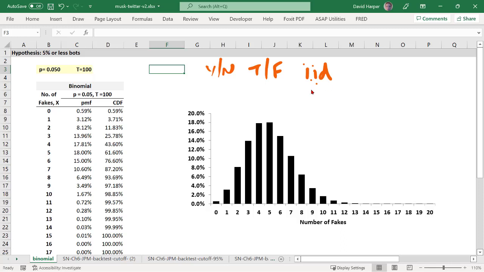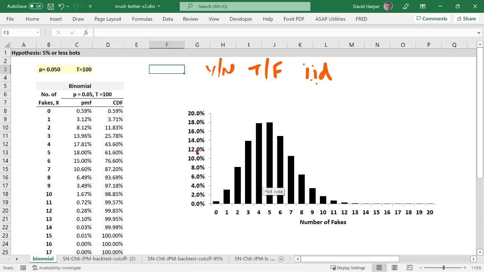So what does that mean? Well, the independence in this case is the more important one, I think. That is to say, if the sample's not really random, let's say it clusters somehow due to the procedure, then we don't have the IID, right? So any kind of clustering or autocorrelation would be a violation of that independence. But if we have these Bernoullis, bot or human, one or the other, and they are IID, so we really have a random sample, then it's fit with a binomial distribution that I've plotted here.